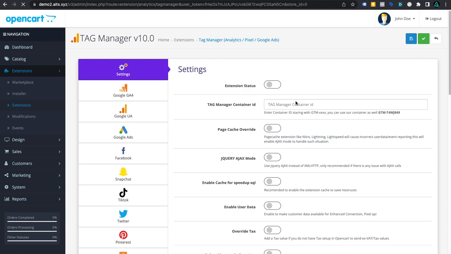Here we go. So the first part, license, is done. We have the license here. So now we need to set up the extension. So first we have to have the container. If you already have set up the container, you can enter the ID here, which will start with GTM. But if you haven't imported the container or you are not able to do that, what you can do